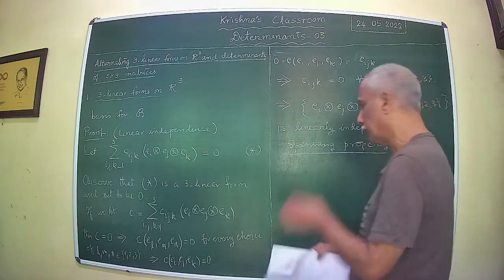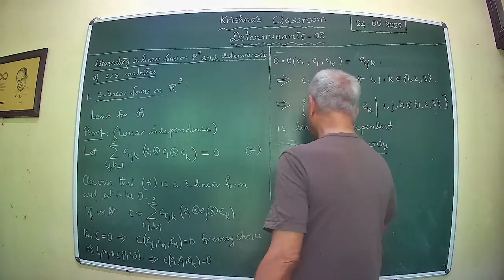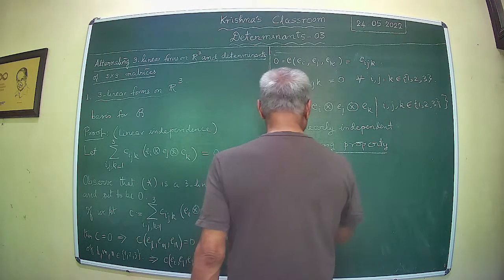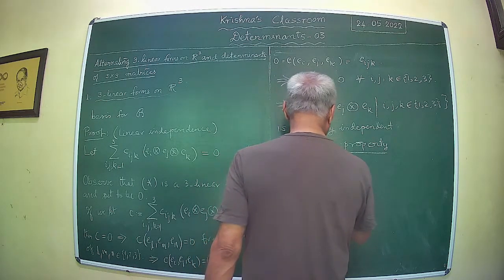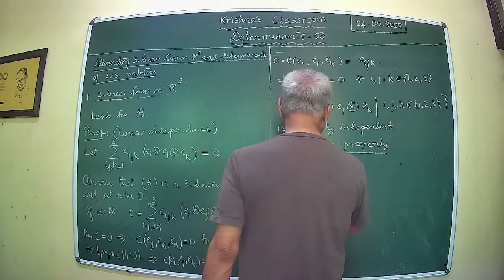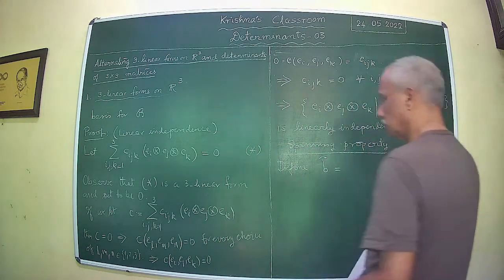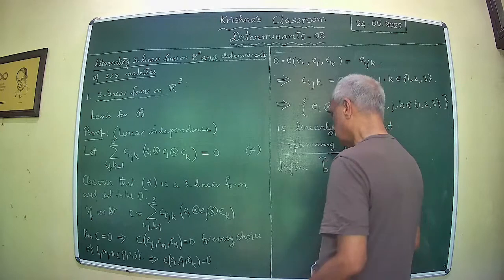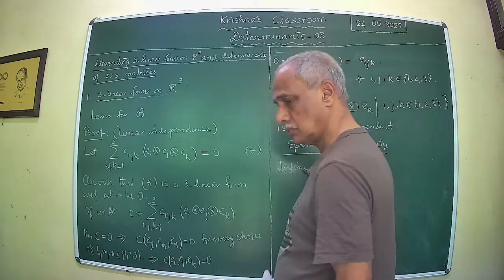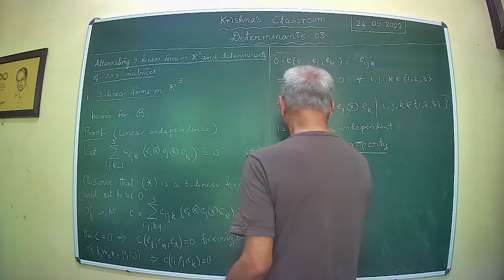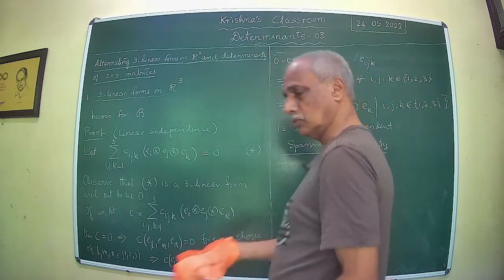We define B prime or B tilde to be equal to the following. Okay, what we do is, so let